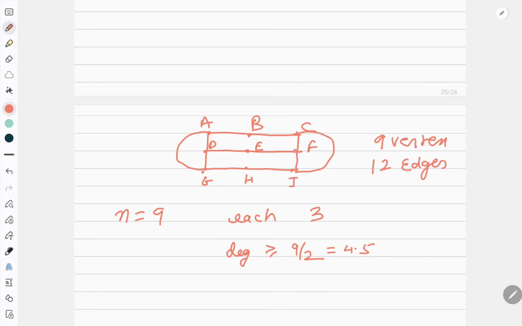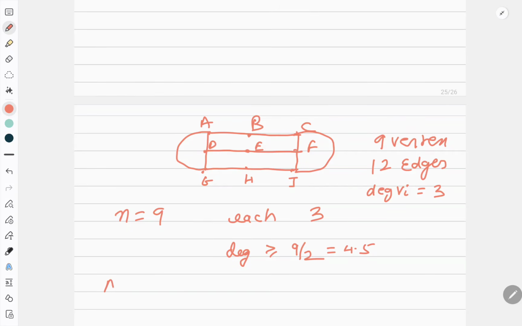not in the whole graph, but in the Hamiltonian cycle, every vertex should have degree 2. And if you observe, every vertex over here has degree 3. So what you have to do is make a cycle where each vertex has degree 2. While tracing the cycle, you need to ignore one edge incident on each vertex, then only it will work. So while creating the cycle, I will try to eliminate one edge from each vertex.